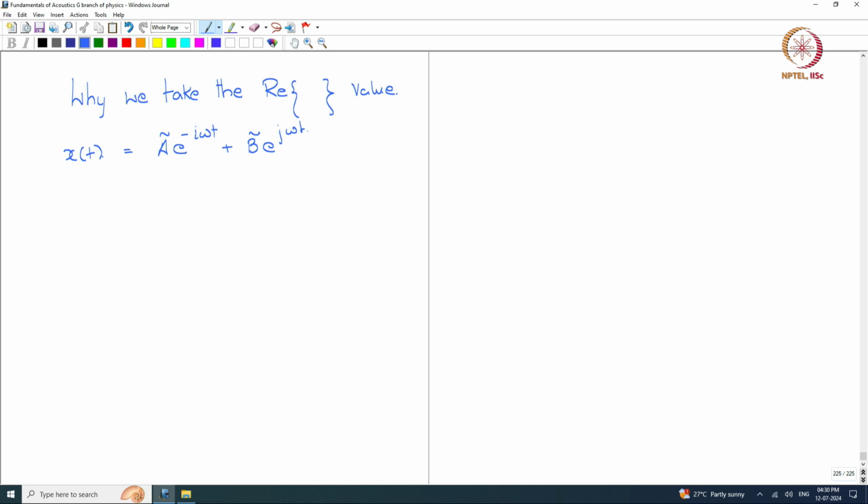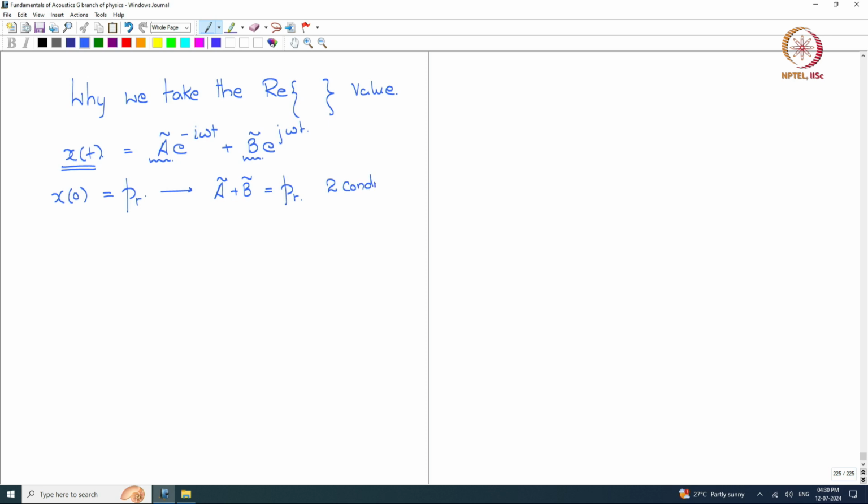Now x is a real quantity, and suppose I say that x at 0 is a real number p r, and then a tilde is a complex number, b tilde is another complex number. So that gives me a tilde plus b tilde equal to p r, and this is two conditions,